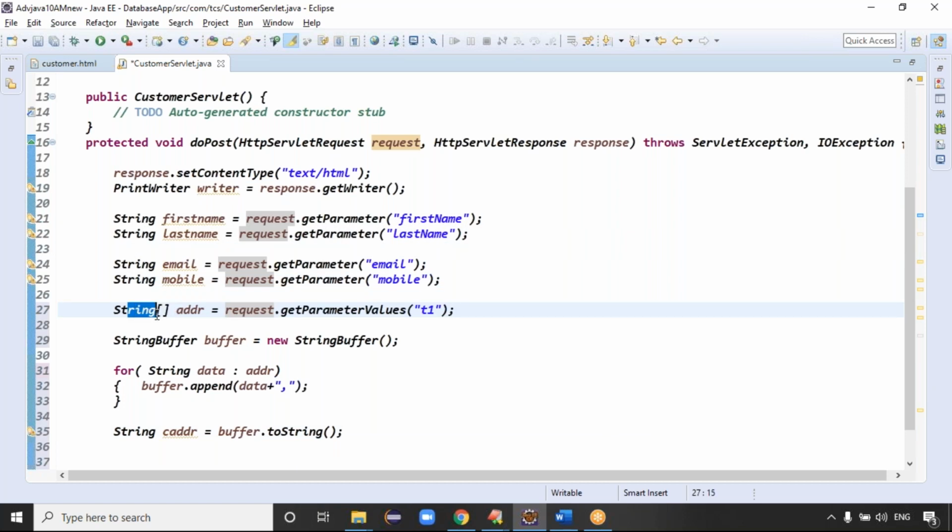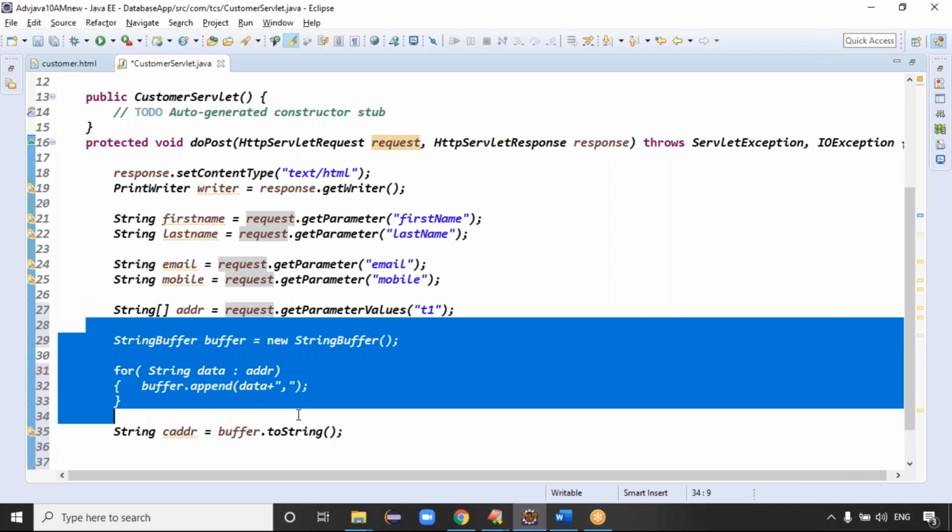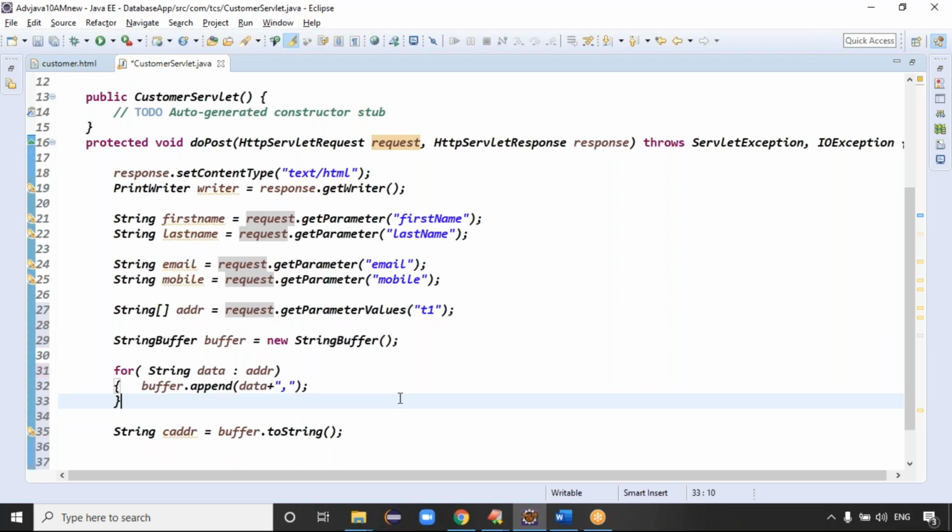But string array, I want to make this, guys. This is a code we will use multiple times in applications, not one or two times, multiple times, because where we have the situation like to combine multiple fields, definitely we have to take the string buffer class. We have to read the data from string, put into the string buffer by putting the commas operator, because string buffer only allows the modifications.